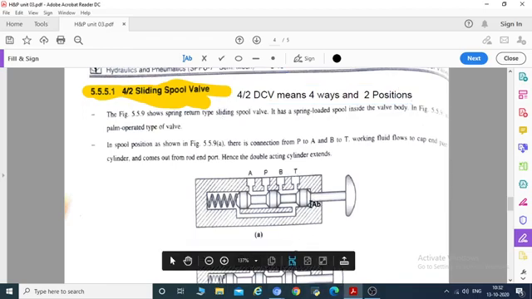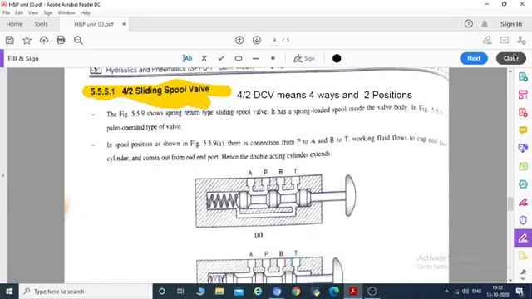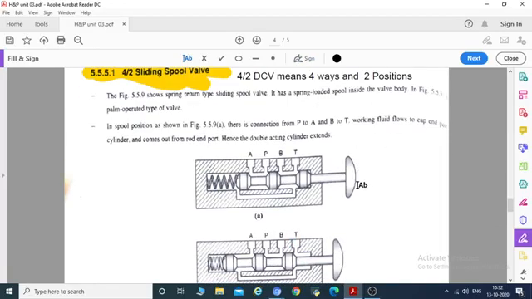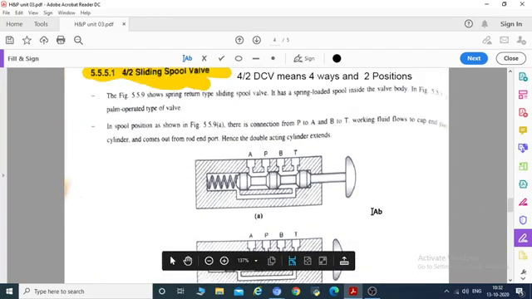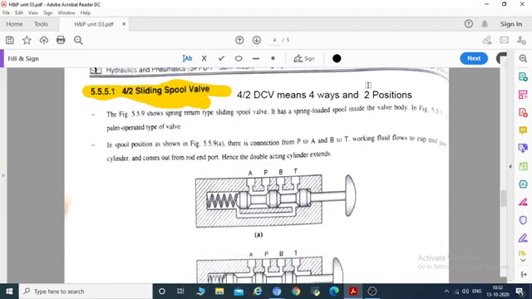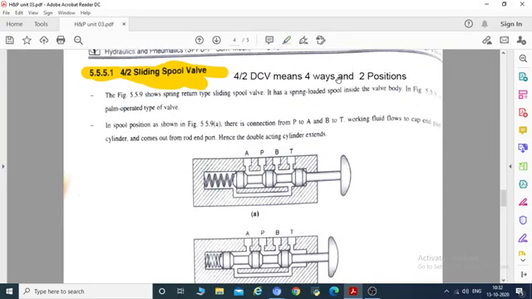Okay, so here you can see the diagram for the 4x2 spool operated direction control valve. Here the figure shows the spring return valve.